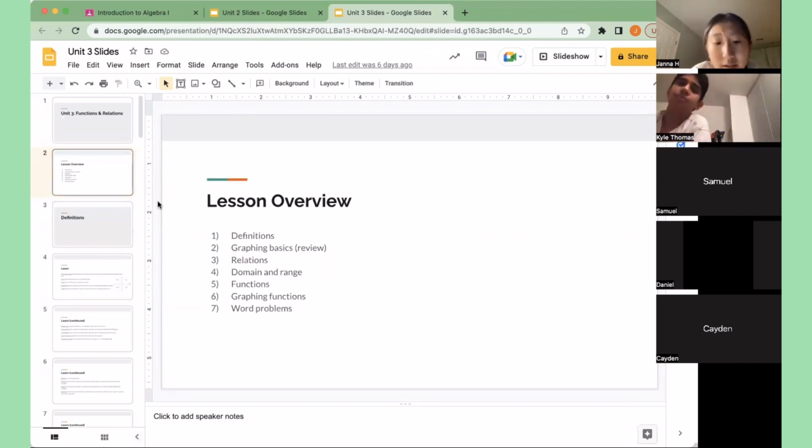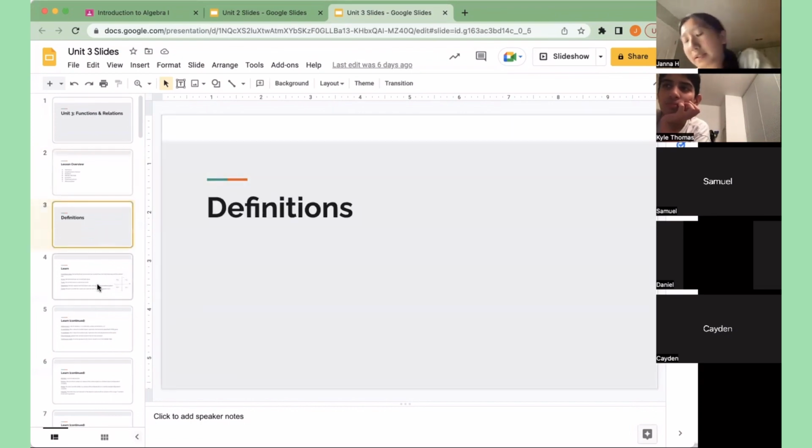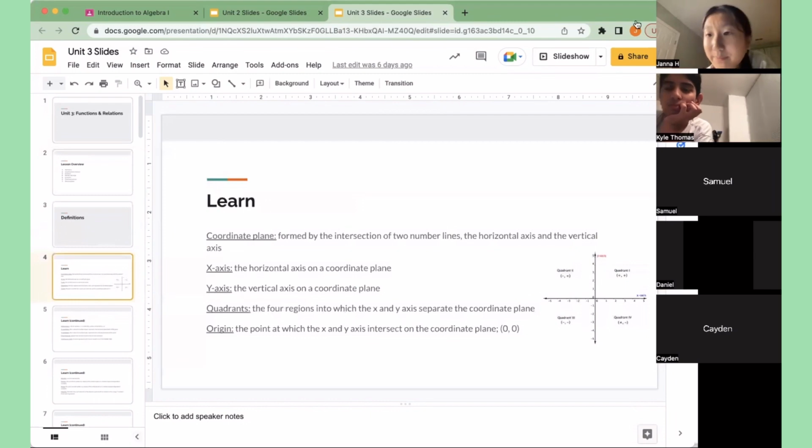Then we're going to do what is a relation. Then we're going to find domain and range of numbers. And then we're going to do some functions, graphing functions, and then some more problems. Hopefully we get to that. Again, anything we don't finish is homework. But since we start early, we might have extra time. Okay, so first,